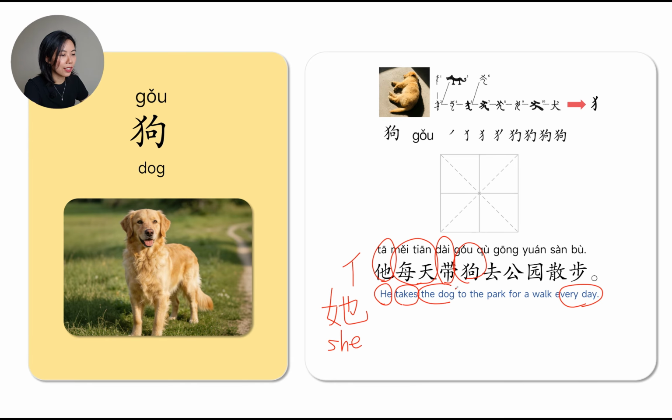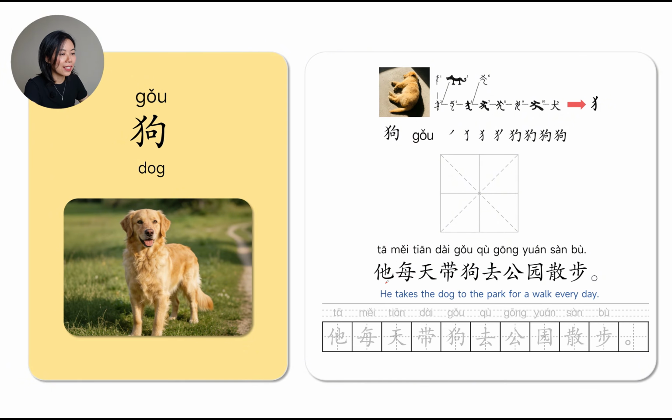狗 dog. So 带狗 to take the dog, to bring the dog. 去 go to, go. 公园 park. 散步 walk. 去公园散步 go to the park for a walk. Alright? So, all together, 他每天带狗去公园散步。很好。